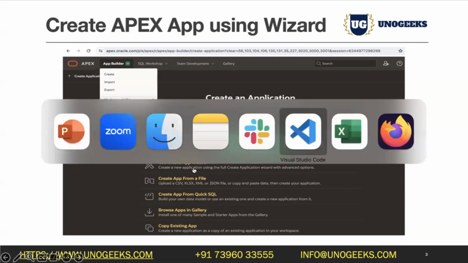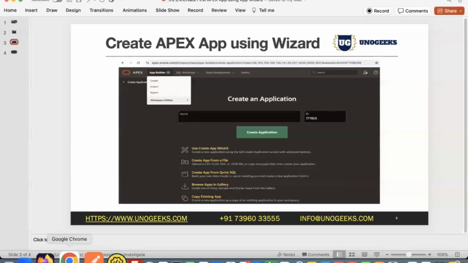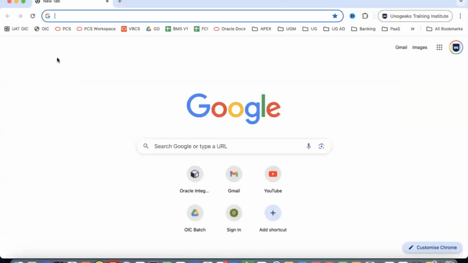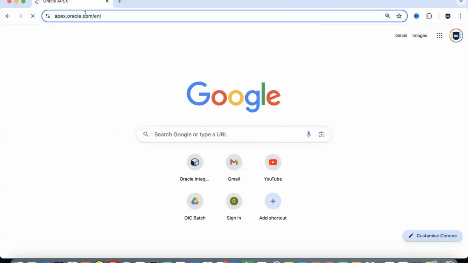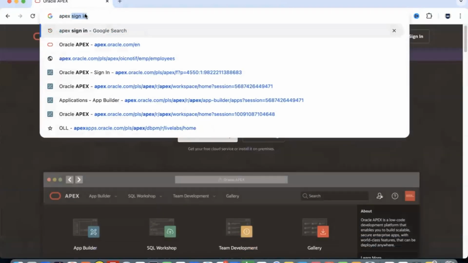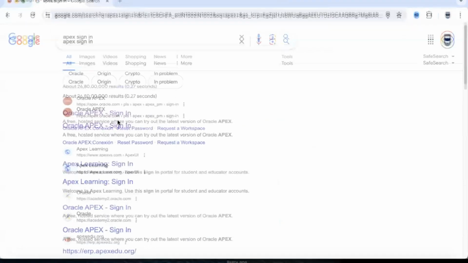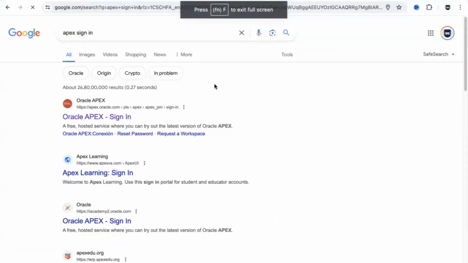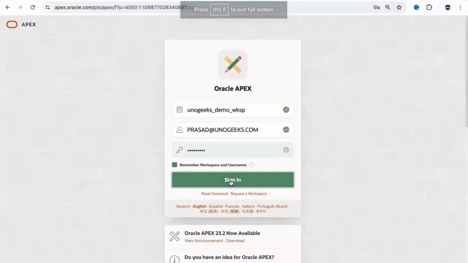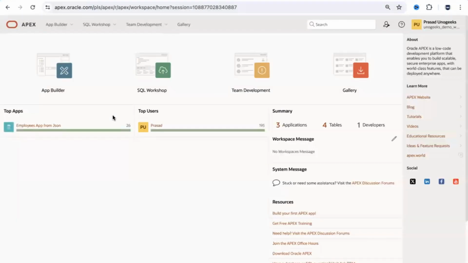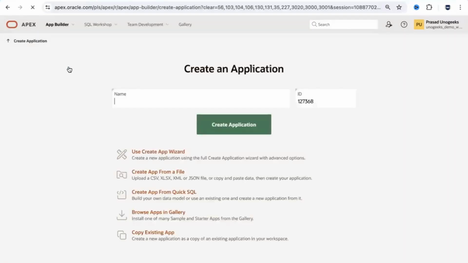So let's get started. Let me log into the Apex workspace. And I'm going to go into App Builder, create an application. And I'm going to give it a name, and I'm going to create this application